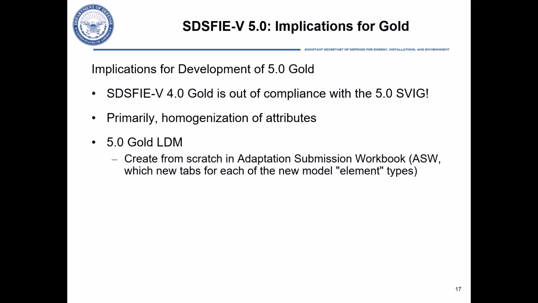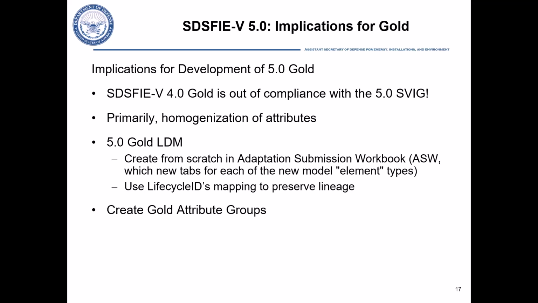rule changes. Another significant task will be to create the 5.0 model in an adaptation submission workbook, or ASW, from scratch, that is, without a parent adaptation, as was done in the 4.0 modeling. The model lineage can, however, be preserved by specifying the lifecycle ID for each existing 4.0 model element included in the new 5.0 model. As asserted previously, a large amount of attribute assignment will be able to be avoided by